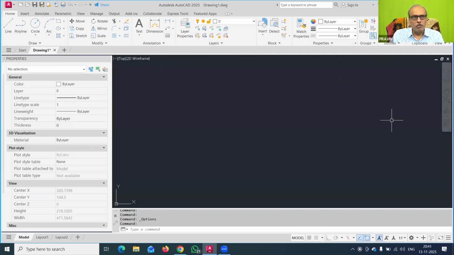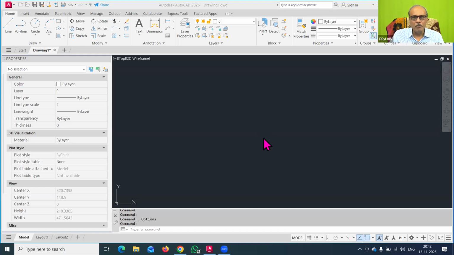I just want to hear from your side: what theme do you prefer, either dark or light? Type your answer in the chat box. I always prefer a dark theme, but what do you think about that? You have to write it down in your chat box. Dark or light, give the theme name that you are using in your AutoCAD program where you are practicing at home, on laptop or on computer. Janvi is saying dark theme, and other participants, quickly reply in your chat box which theme you like, either light or dark.